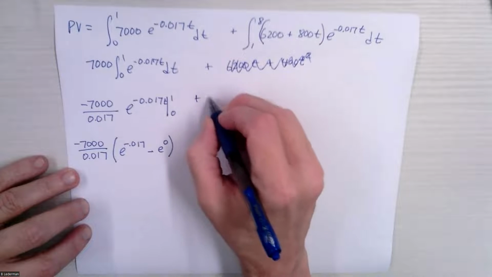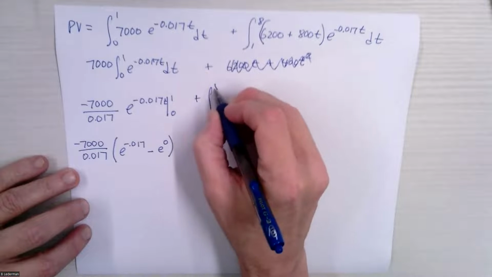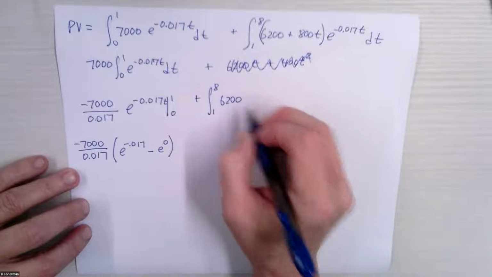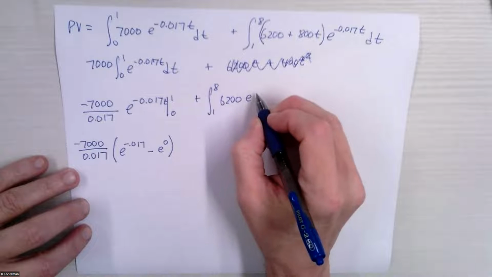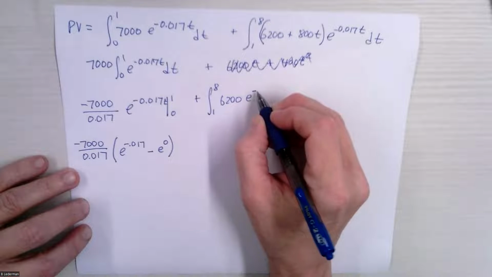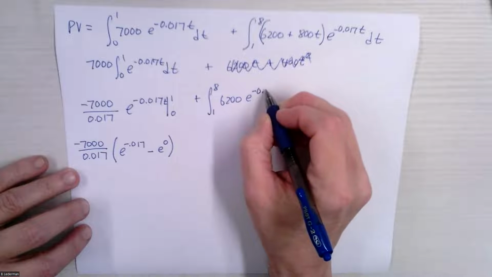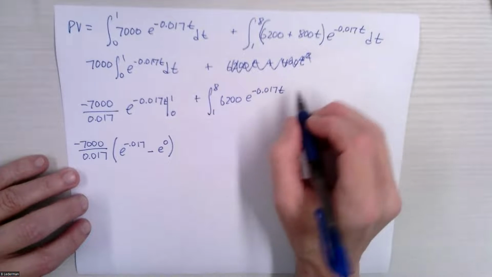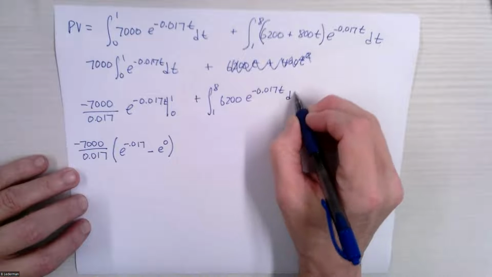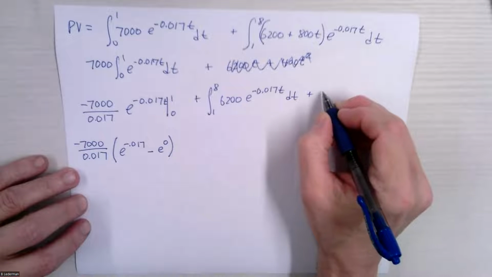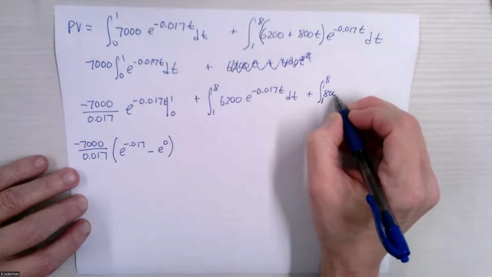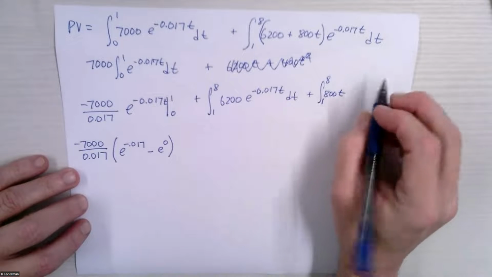This is going to be plus the integral from 1 to 8 of 6,200 e to the negative 0.017 t dt, plus the integral from 1 to 8 of 800 t